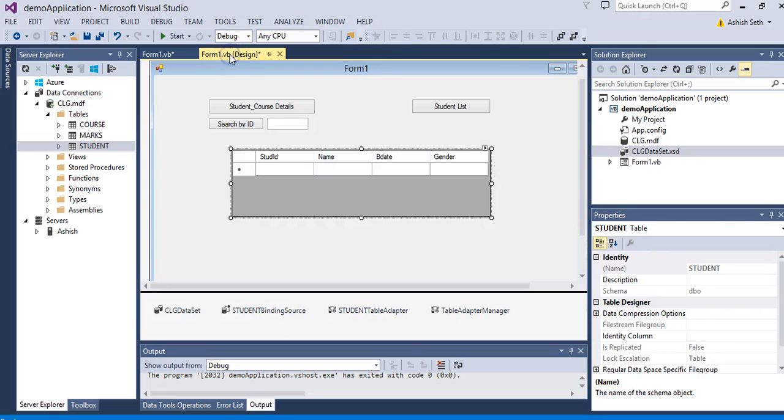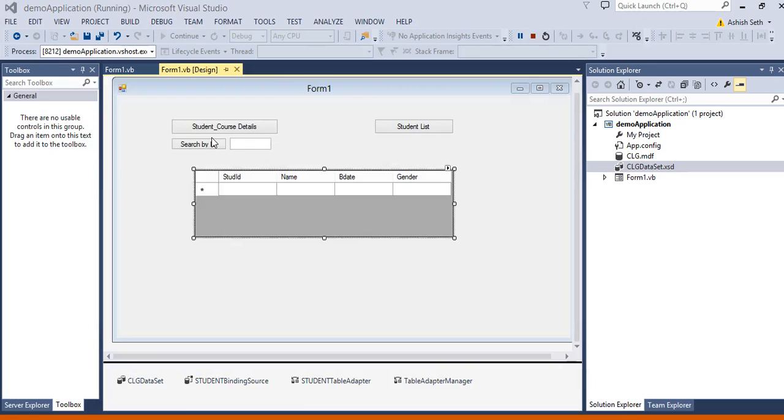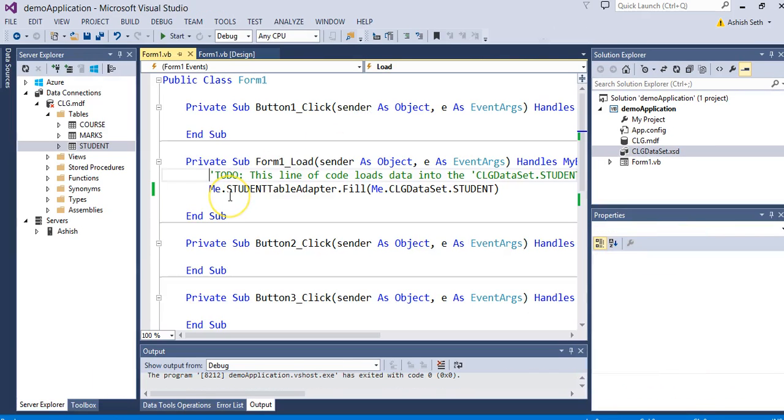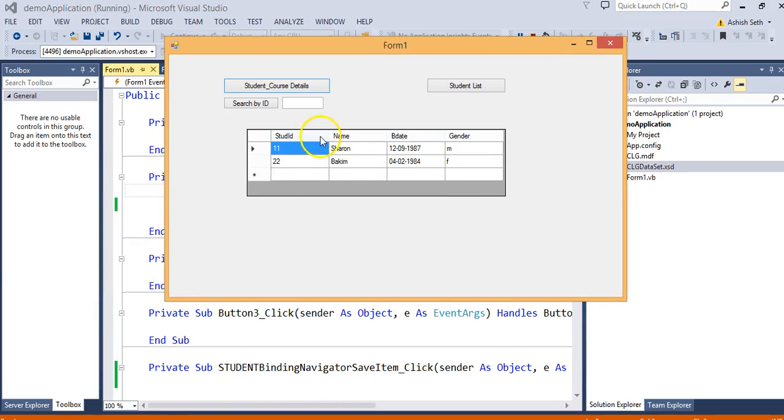Okay, we'll close this. So now we'll run this, and we can see the student details. So no records here. Let us check the code. Why is it not reflecting? We'll see it here, and again we will run this, and you can see here that it's showing. So we have the two records with student ID 11 and student ID 22.